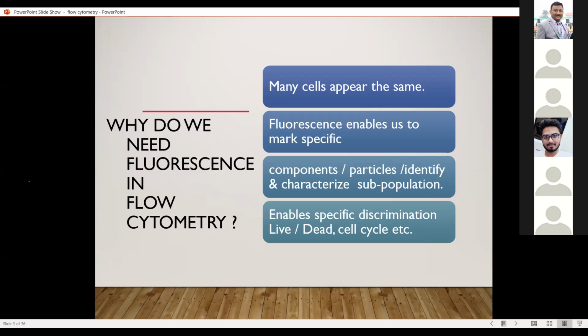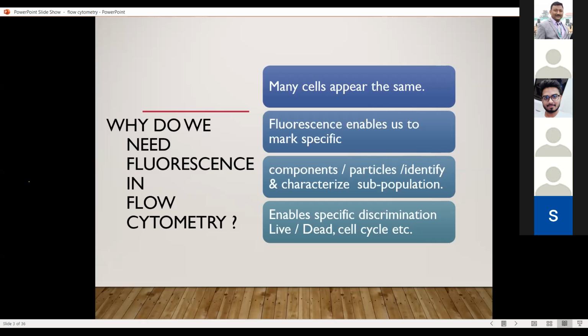So we can mark different cells or different antibodies with different fluorescent labeled molecules so that they can attach specifically to different cells. For example, we mark some antibodies with a red label dye, another with a green label dye, and when we react these antibodies with these cells, the antibody and antigen have a lock and key kind of relationship. A single specific antibody binds to a single specific antigen, and when we go to elaborate on it.